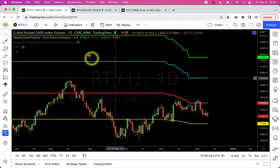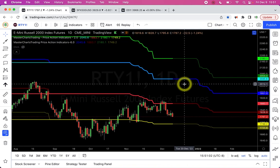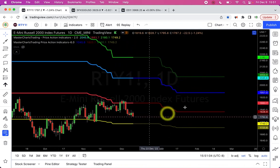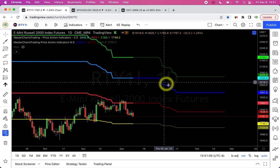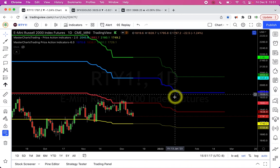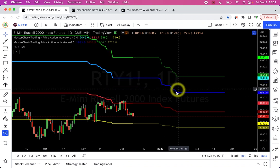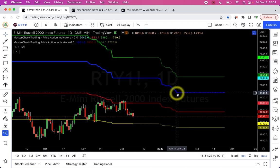Now we can also offset the indicators into the future and see what the future holds for us. So notice that the indicators are going to continue curving down, and this level, the lowest level for the blue line, and the reason why I'm looking at this blue line is because these are bullish levels. In other words, if we close above those levels, that means we are now in an uptrend. Not really far away